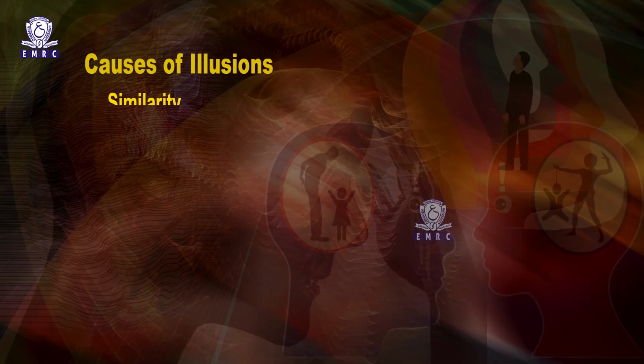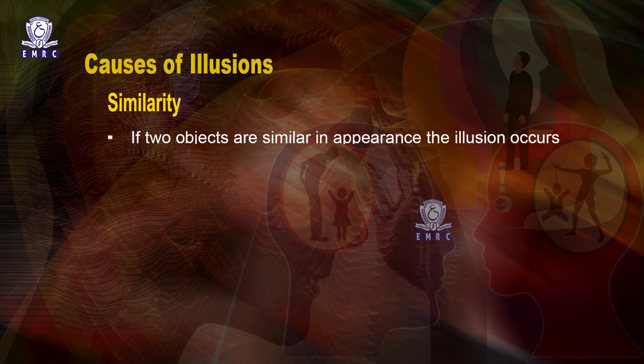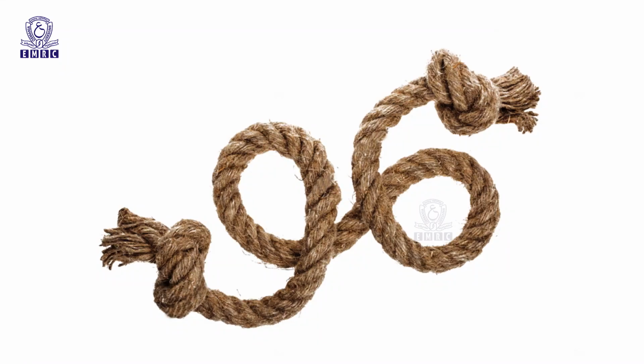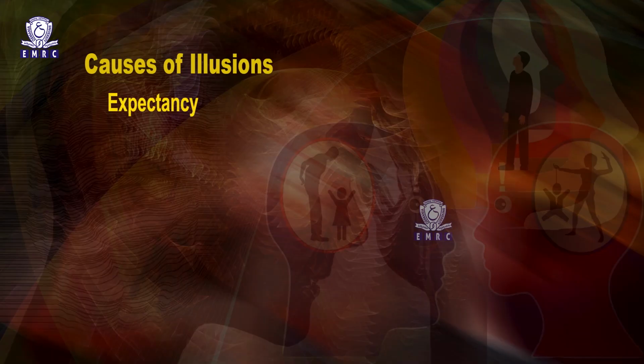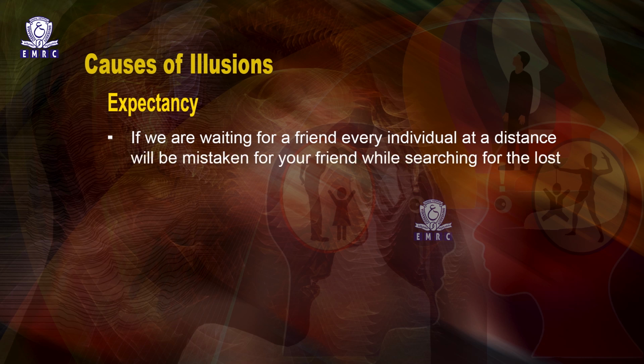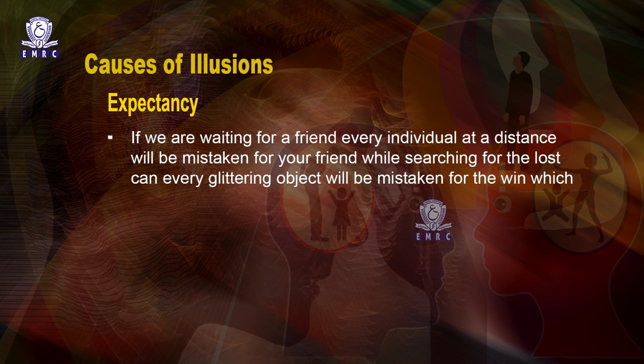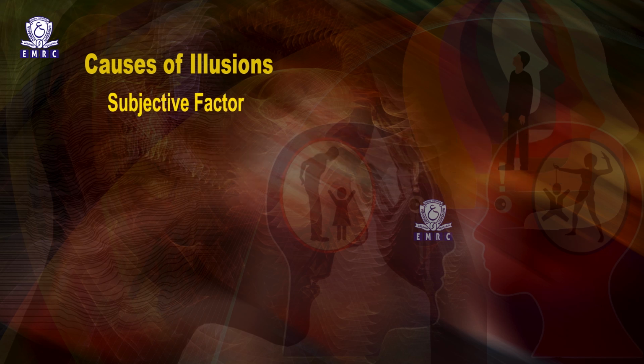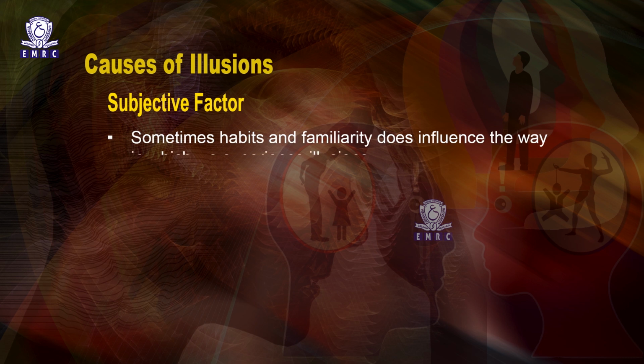Some of the causes of these kinds of illusions could be, the first one, similarity. If two objects are similar in appearance, the illusion occurs more easily. For example, it is natural to mistake a curled rope for a snake. The next is expectancy. If we are waiting for a friend, every individual at a distance will be mistaken for your friend. While searching for a lost can, every glittering object will be mistaken for the can we are searching for. And then the next factor is the subjective factor, where sometimes habits and familiarity influence the way in which we experience